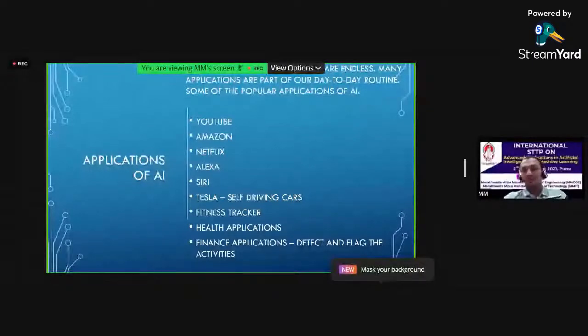Same for Netflix. Netflix is one of the popular OTT platforms where you can view videos, movies or web series. If you're looking for a funny web series, or if you look for a crime related web series, then the system is smart enough to propose items related to funny, comedy, or crime. It won't show you any other suspense or any other thing, but it will show you related videos. That is how they are figuring it out. They are using AI, artificial intelligence, for recommending.